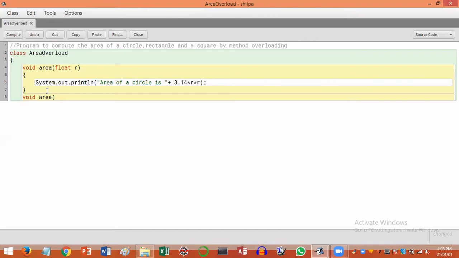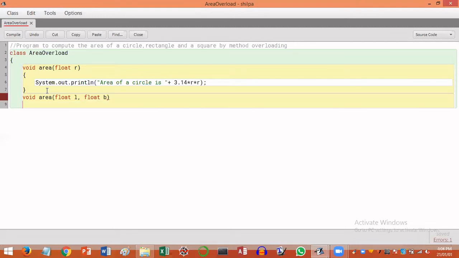So how do you compute the area of a rectangle? You need two inputs. One is the length value and the other one is the breadth value. So I'll consider those two inputs of float type. I'll declare two variables, float L and float B, for breadth.